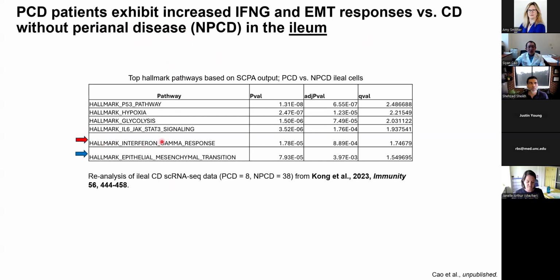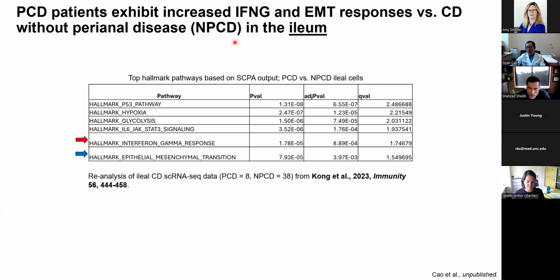Here, interestingly, although we think the ileum is quite far away from the anus, those patients with perianal disease express higher levels of interferon gamma response and epithelial mesenchymal transition, even in the epithelial cells, as compared to those patients